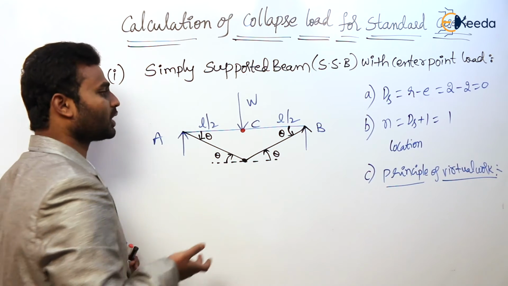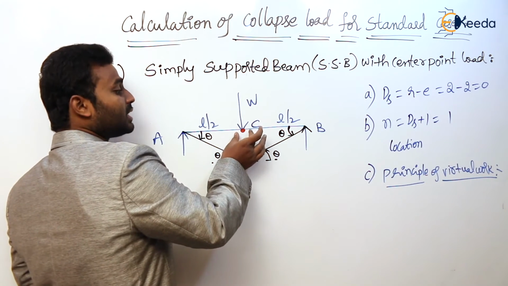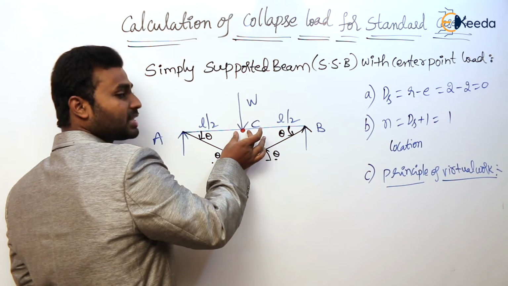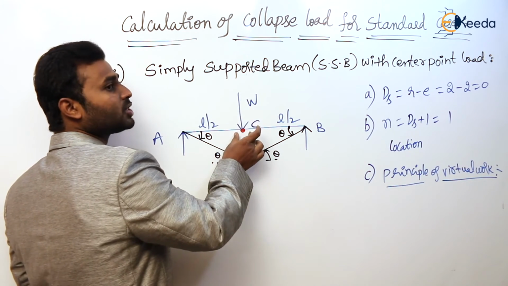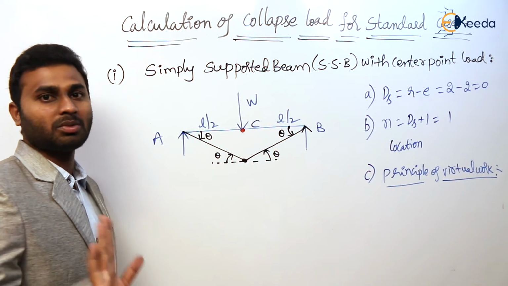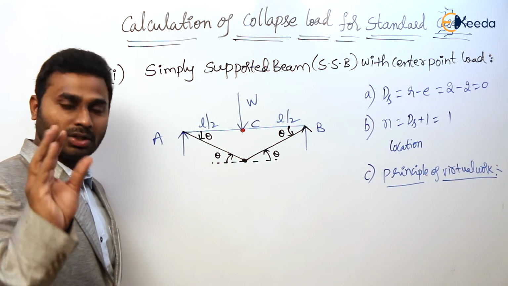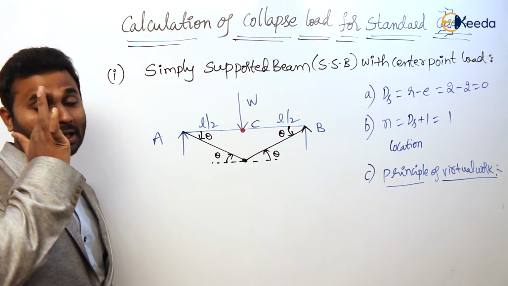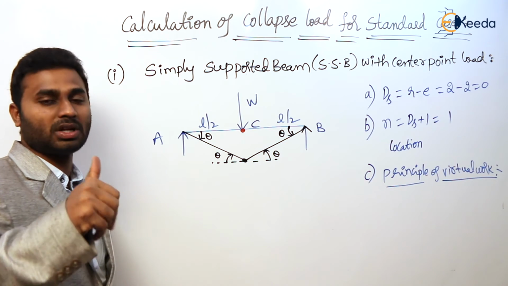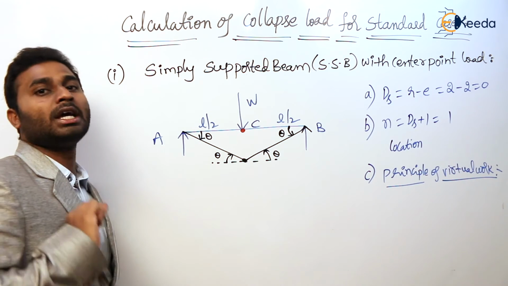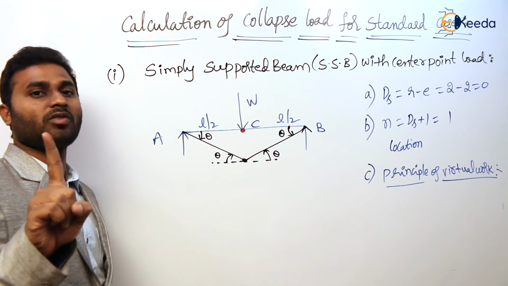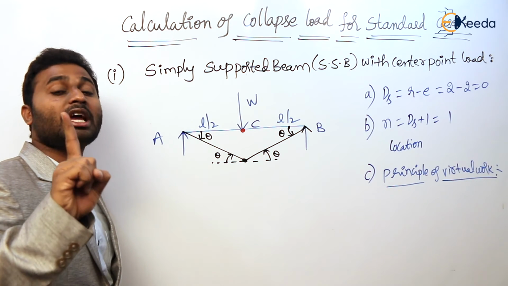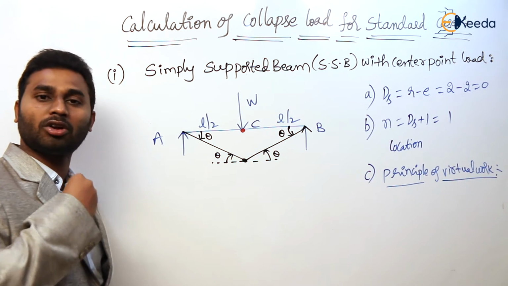Coming to this principle of virtual work, as we discussed in the beginning itself, wherever the material reaches the plastic state, there only the plastic hinge will form. At the location of the plastic hinge only, the plastic moment will develop. So the plastic moment will not develop at all the locations. Clear? The reason is that at that location only the material reaches the plastic state. Once the material reaches the plastic state, then only the plastic hinge will form. Once again I'm making it clear: at the location of the plastic hinge only, MP, the plastic moment, will develop.